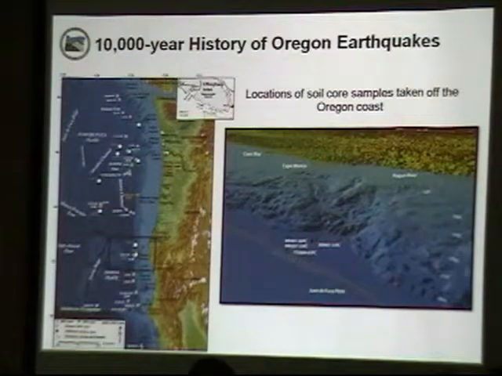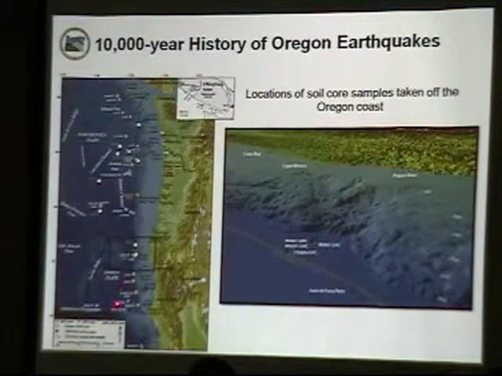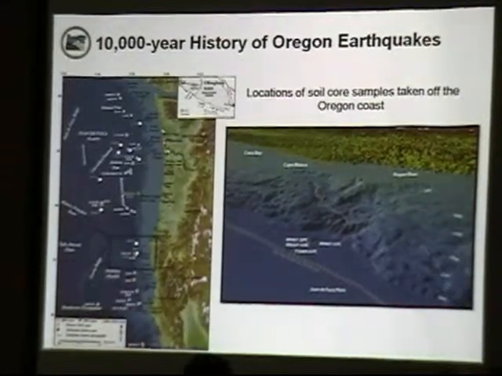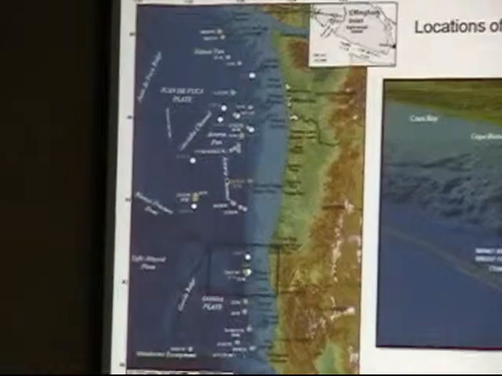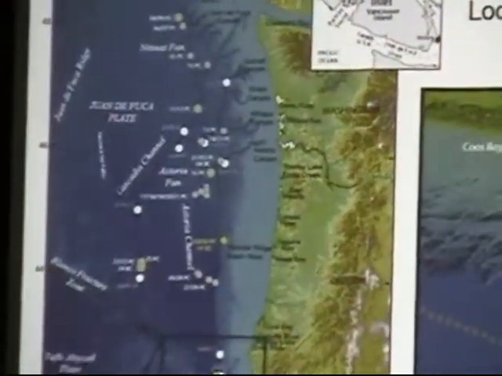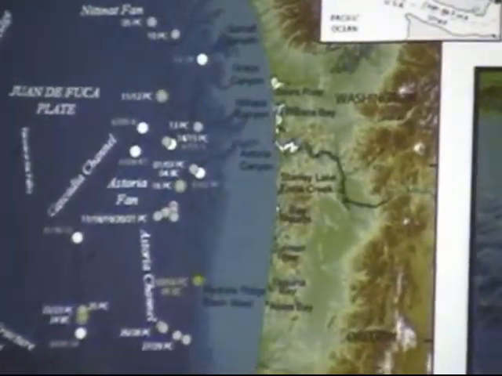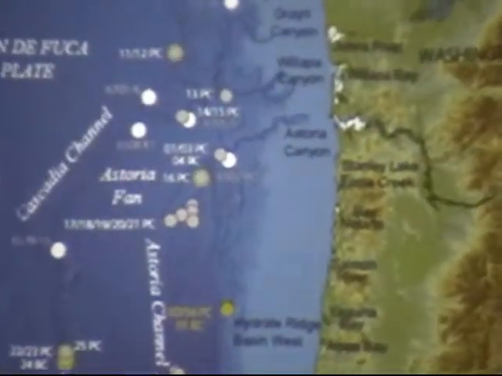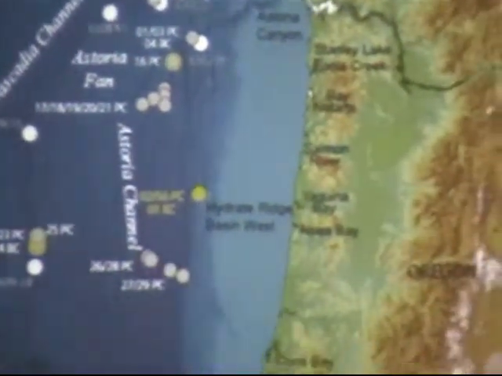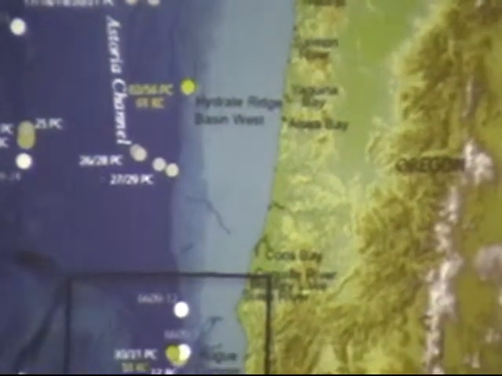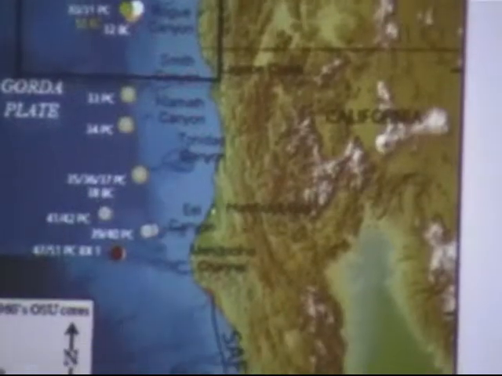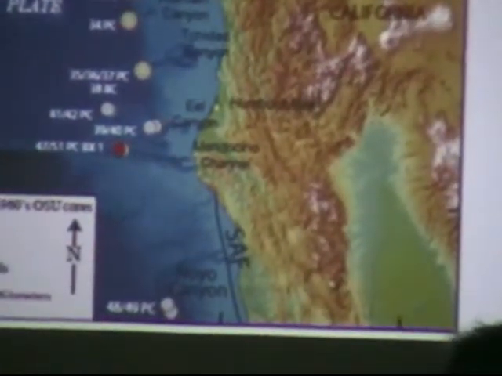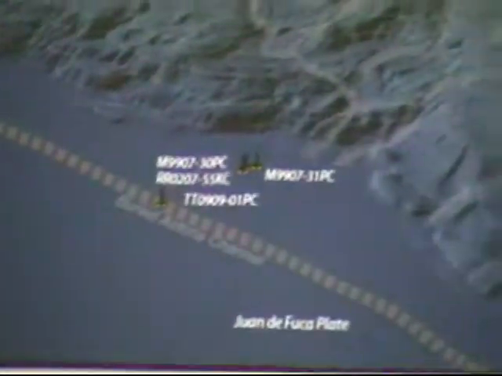The image on the left here shows all of these locations where some core samples have been taken. This shows the Oregon coast up here, and the shelf actually slopes down, and then it reaches the abyssal plain out here. During an earthquake, all this shaking happens, and some sediments fall down these little canyons, kind of like river canyons that we have above ground. This is underwater, and they roll down onto this abyssal plain, this flat area, and this is where we've taken these soil samples.